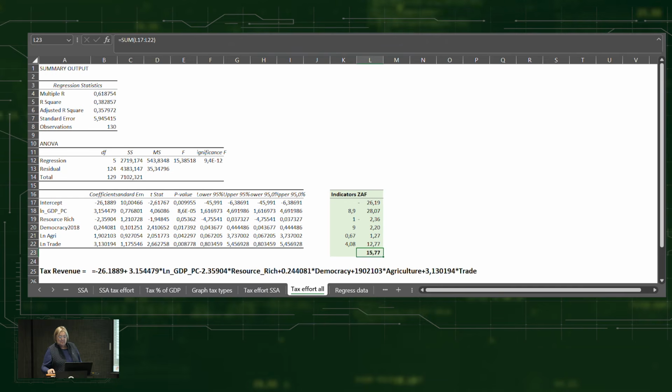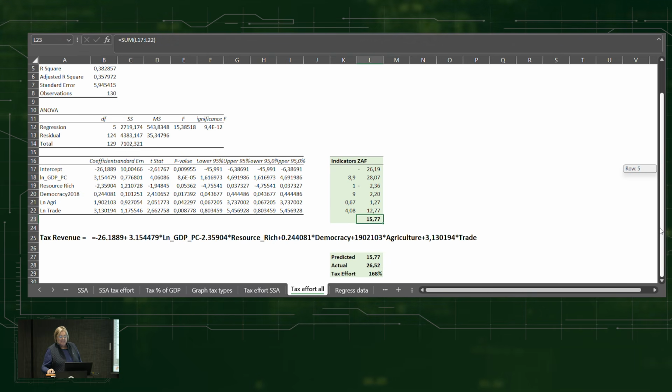Okay, are there any questions? Do you understand the framework? Would you be able to update it? Yes, but I saw one number and I was struggling to know where it came from. I think is it the tax effort? Total tax effort. Tax effort for all. Maybe you can go there. Can we go down? Yes, so how do we get the actual 26?